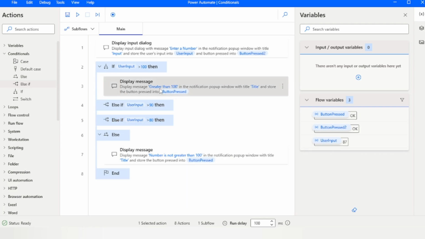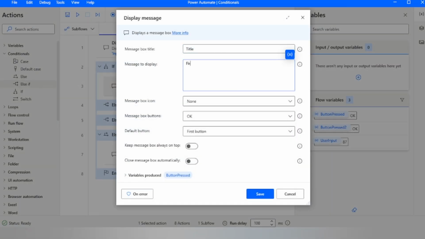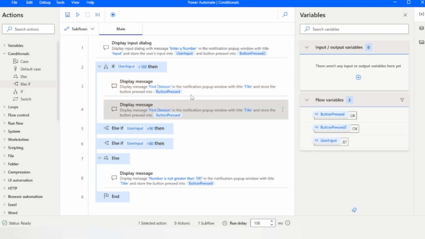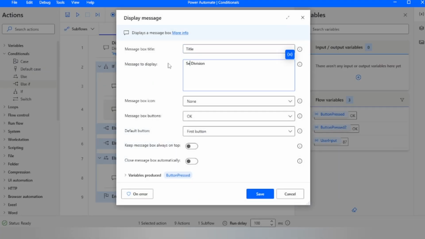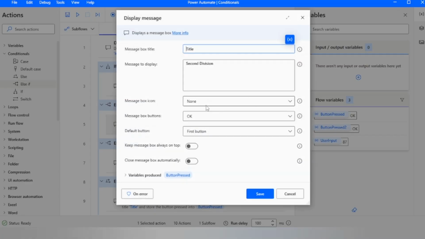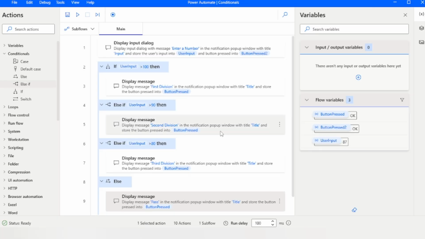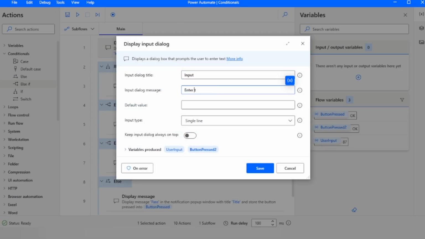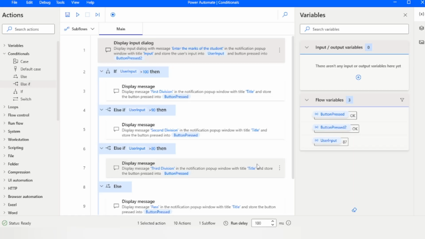So now I have implemented a real life condition, a real life scenario. We will ask the user to enter the marks of the student, and they will enter the marks, and we are checking if marks are greater than 100, then we are showing a message, first division. If it is greater than 100, that means 101, 102, anything. And if it is 95, 96, then this else if condition will be true,